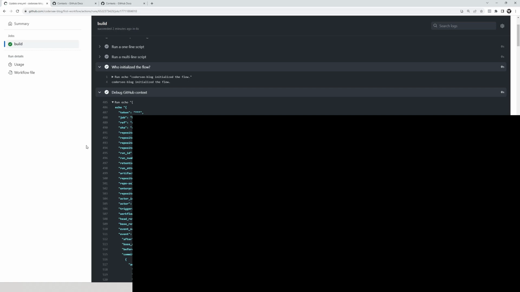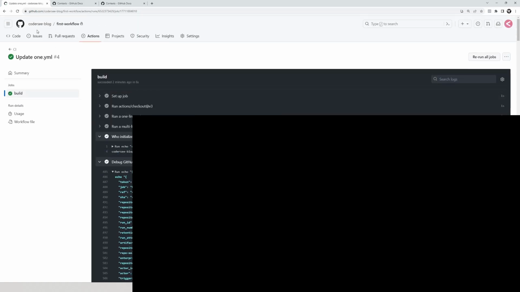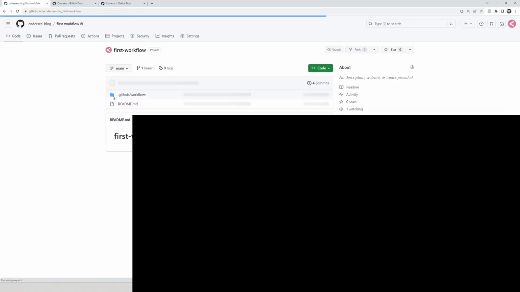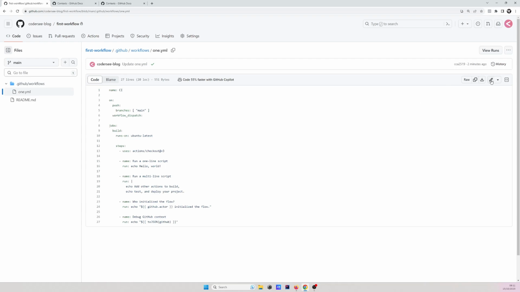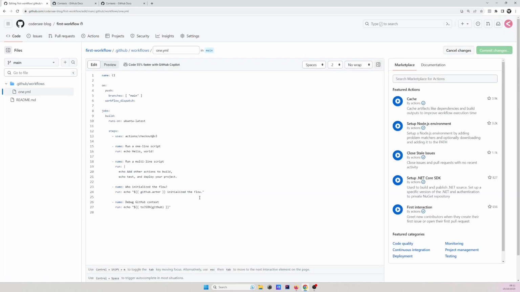So as the next step, let's figure out how to run a job after another job finishes successfully. To do so, let's get back again to our file, code, workflows 1.yaml. I'll edit it and I'll get rid of these 3 steps so that we'll be on the same page. And in the beginning, I mentioned that we have one job named build. And in order to introduce the second job, I'll call it second job and simply add a new entry here. So second